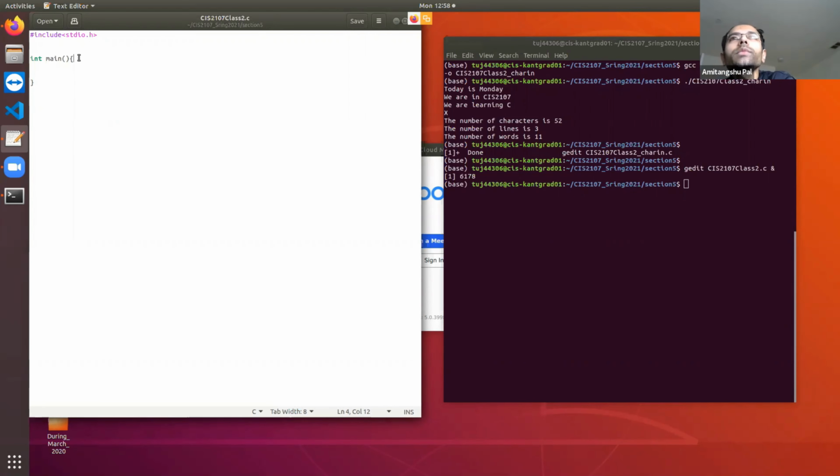Okay. So let's see how we can use a function. We're going to start with a very simple function. The simplest function is one that is going to print hello world. Okay. You have learned how to print hello world from main, but instead of doing it from main, I'm going to call a function, and inside that function it is going to print hello world.